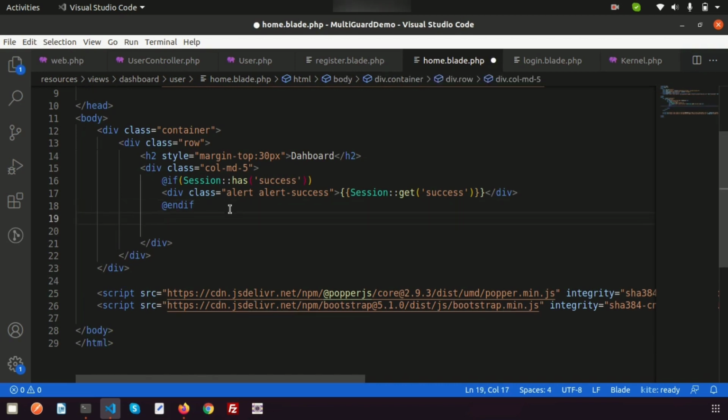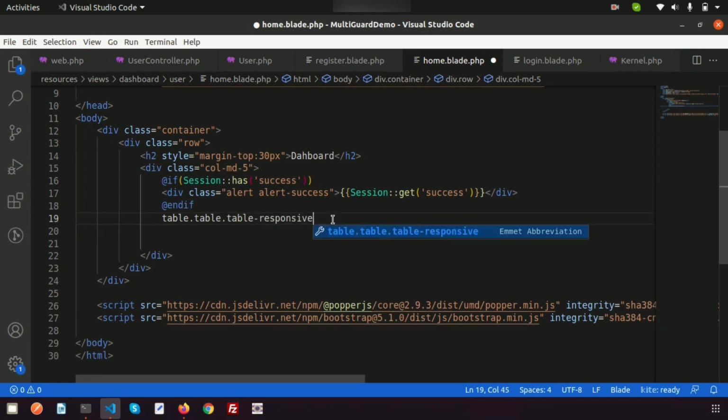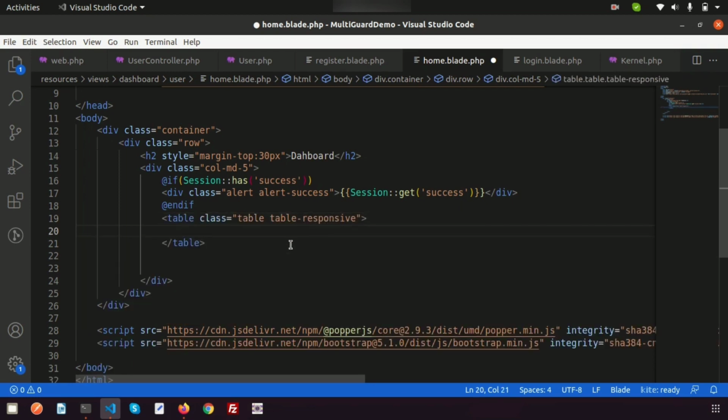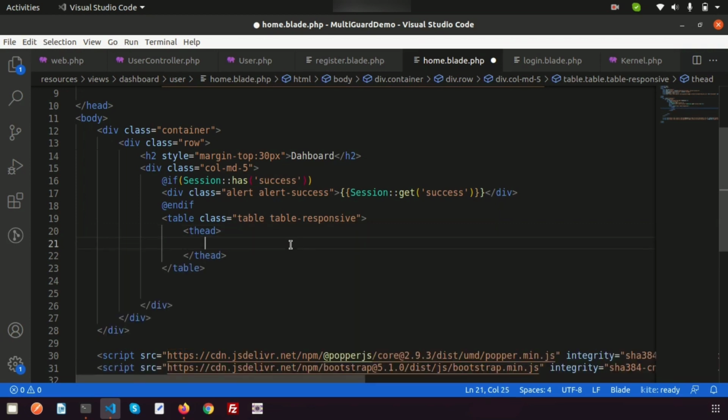So simply write table, and the class name is table, and I want to add another class, that is table-responsive. All are basically Bootstrap classes. Inside this we'll add the thead. Basically I want to display all the user records inside here, so let's close the thead, and inside this thead, just write